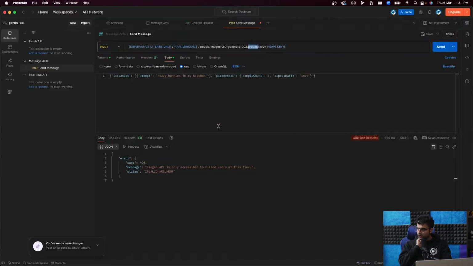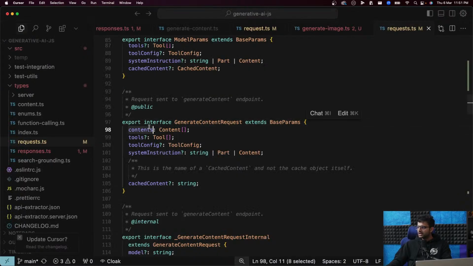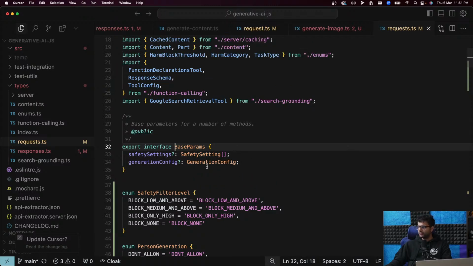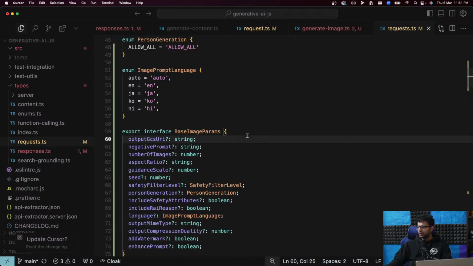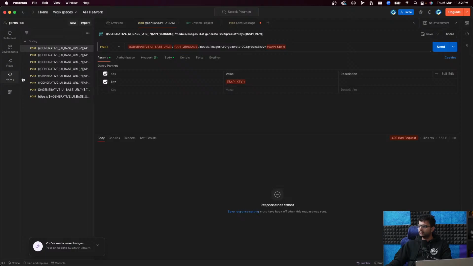So if you look at generate content, where is my history? How was I generating content again? Was it content array? Yeah. All right. So we do need this. It extends base parameters, which is not going to work for us because our base image parameters look like this, which is not something we directly give, but yeah, it comes over here.